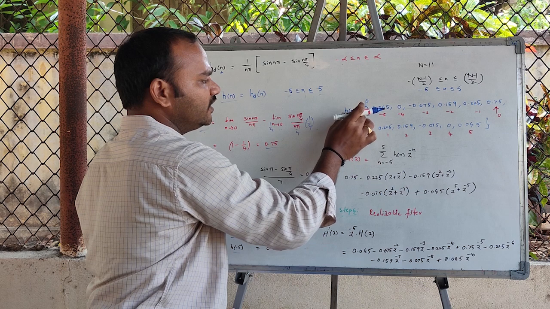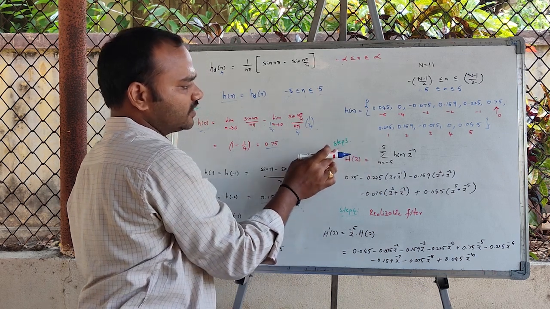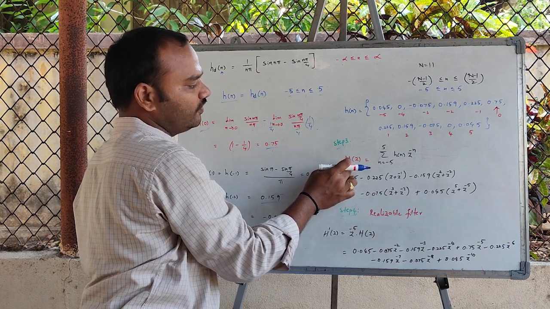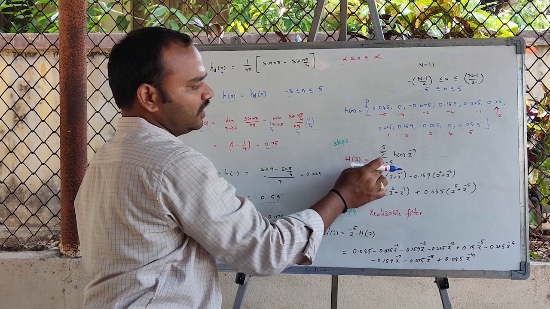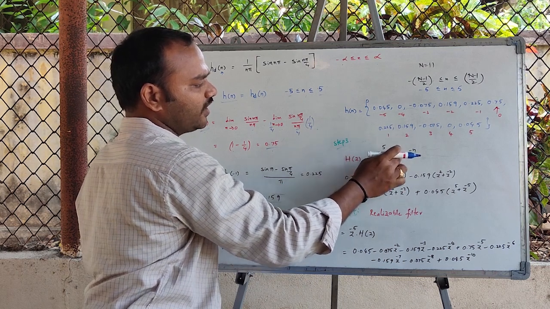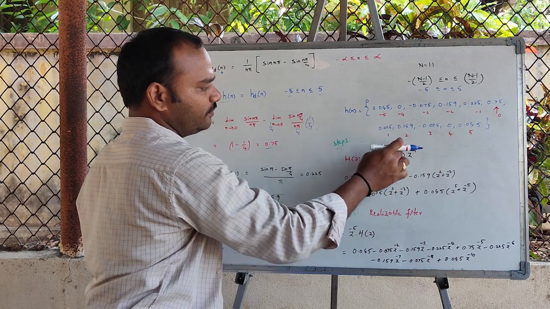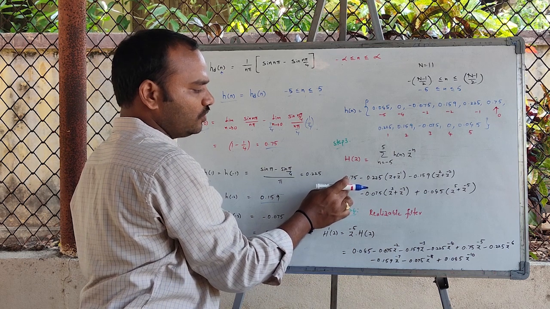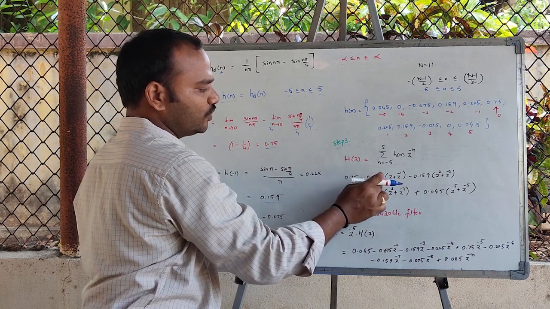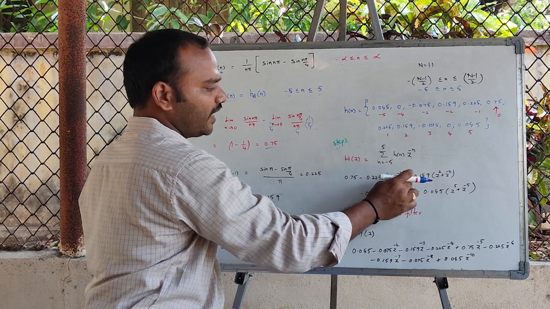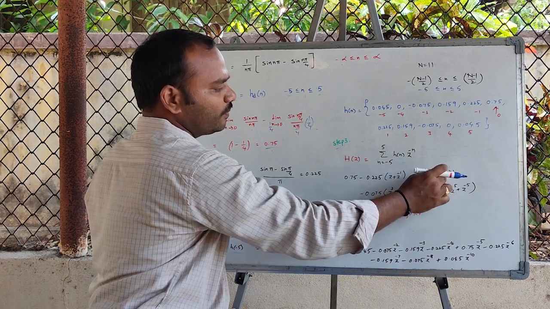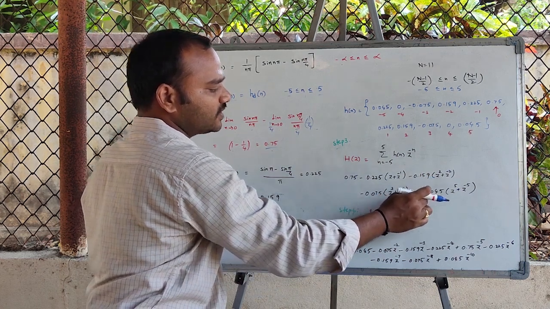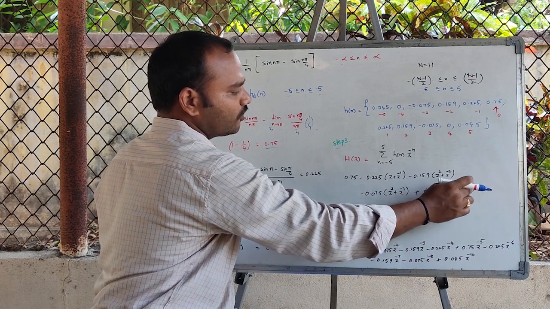Now if we find the Z transform of this h of n, that is step 3. In step 3 we will find the h of z, the transfer function of the filter. So that h of z is equal to summation from n is equal to minus 5 to plus 5 h of n z power minus n. If you simplify this Z transform, you are going to get the equation as h of z is equal to 0.75 minus 0.225 z plus z power minus 1 minus 0.159 z power 2 plus z power minus 2 minus 0.075 z power 3 plus z power minus 3 plus 0.045 z power 5 plus z power minus 5.